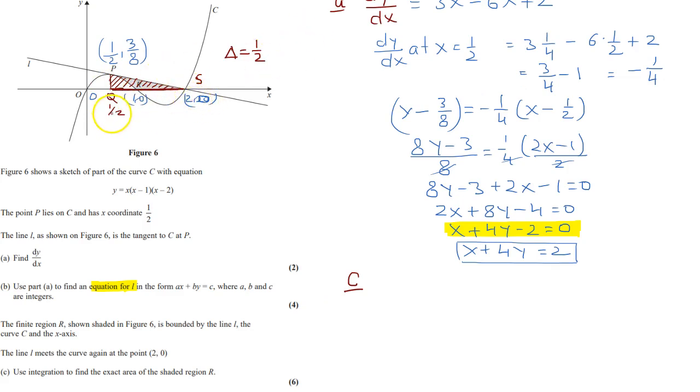So this will be 2 minus 1 over 2, so that is 3 over 2 base. And this height is the y coordinate of P, 3 over 8. So multiply 3 over 8. So this is 9 over 32. Now we have to find this remaining area, from this point to this point,